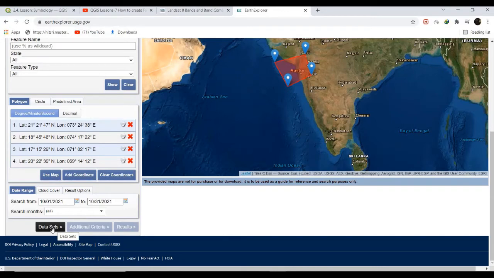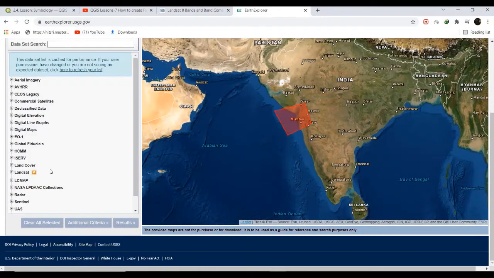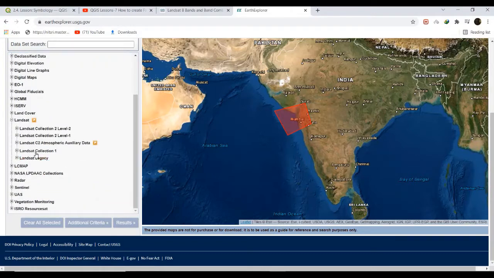After that, datasets. Click on datasets. We need Landsat data, so click Landsat. There is an option Landsat Collection 1, so click on that option.